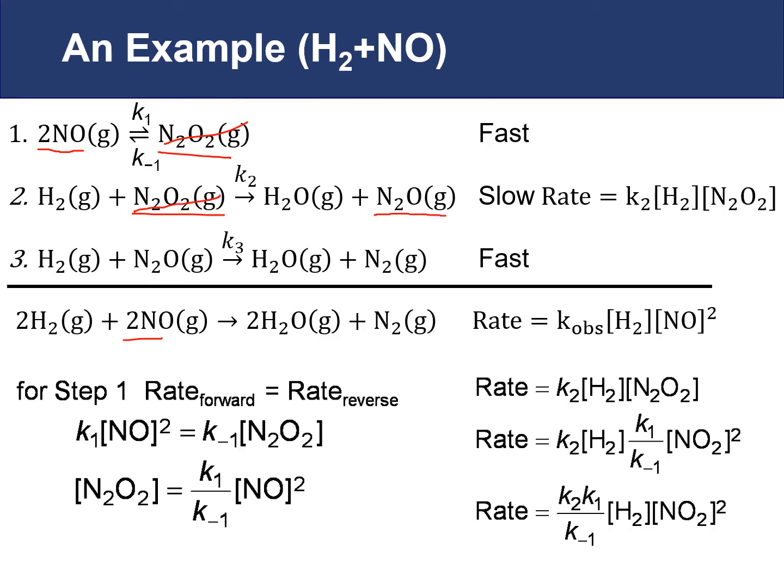We have this N2O and an N2O here, so these two will cancel out when we add the reactions together. We now have 2 H2s, so that agrees here. We have 2 waters, that agrees there, and we have 1 N2, which agrees there. So our proposed mechanism is valid in the sense that each one of our individual steps adds up to the